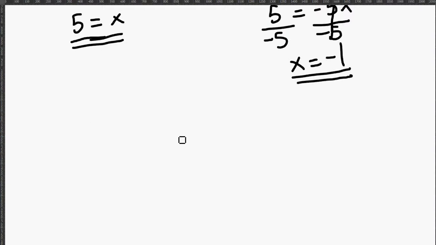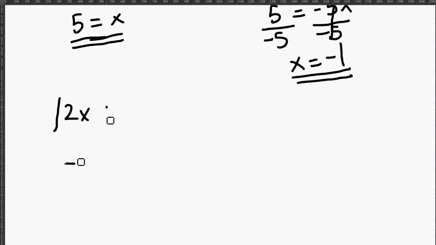It kind of just came out of the absolute value, and you have to plug it back into the original equation to make sure that it's a real solution. So we're going to do that, and the original equation is the absolute value of 2x plus 5 is equal to 3x. And so the first one I'm going to plug in is x equals 5,